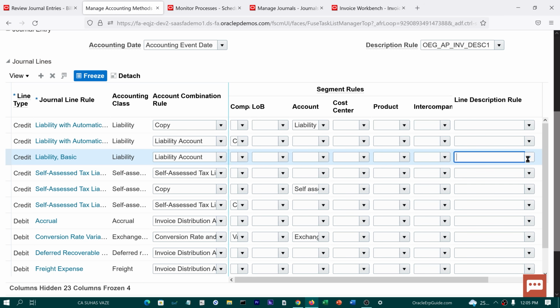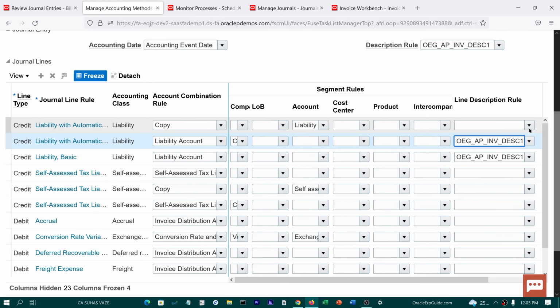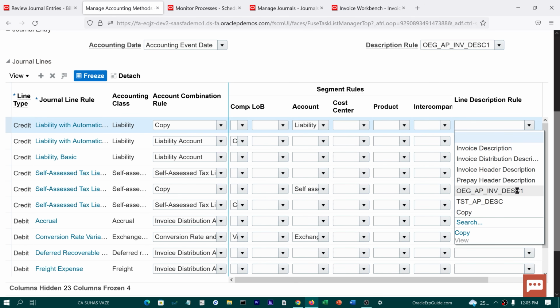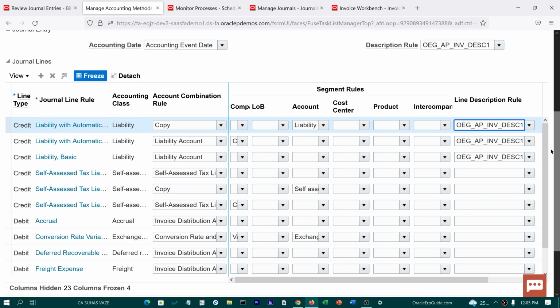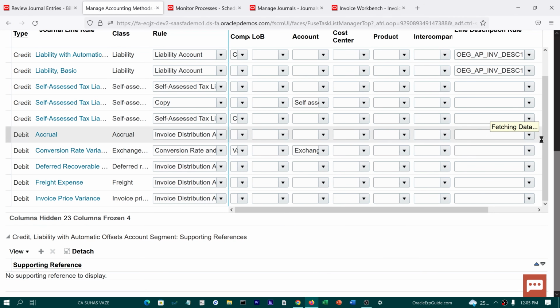And for the liability, we will apply it for 3 lines. Liability basic and for the automatic offset balancing as well as account. Okay, so we have to do it slow, one by one. Otherwise it closes the form. Yeah, so 3. And we also want it for the expense. So look for the expense